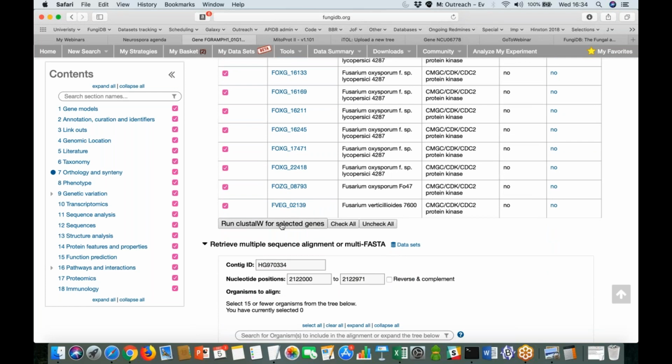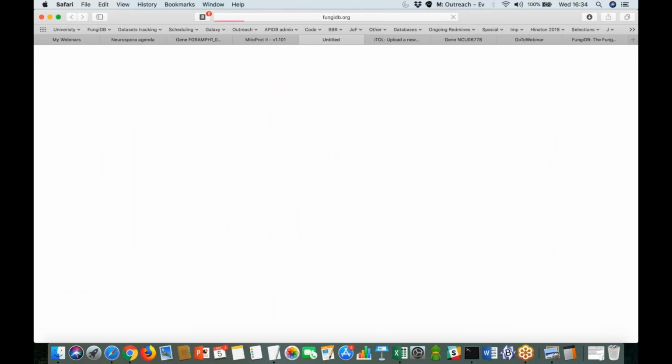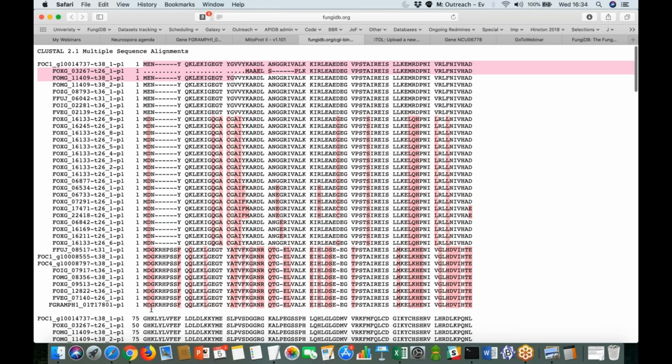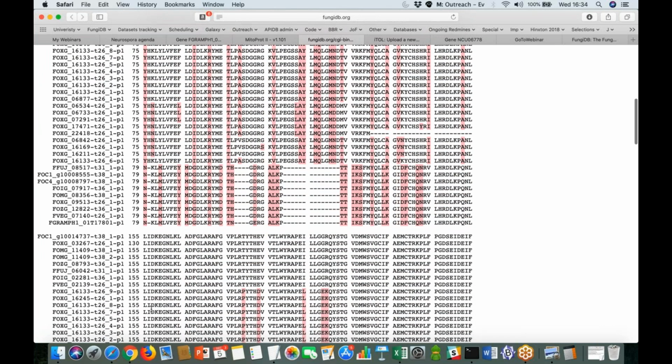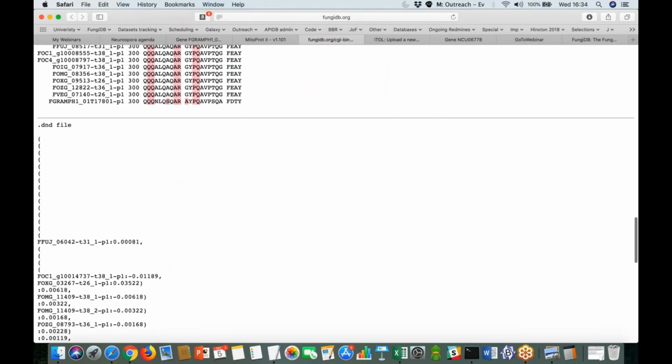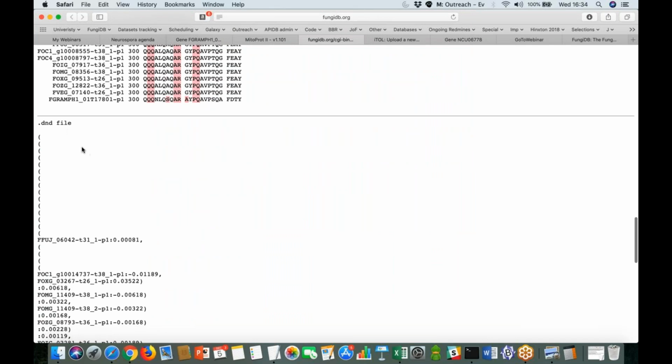The alignment will be done by the ClustalW algorithm, which generates an output in 2 different forms. The first output, the standard output, shows the alignment of the protein sequences and how well they match up to each other, which you can export as you like. But if you scroll down to the bottom of the page, there is also a section called a DND file. This output can be used to create phylogenetic trees in